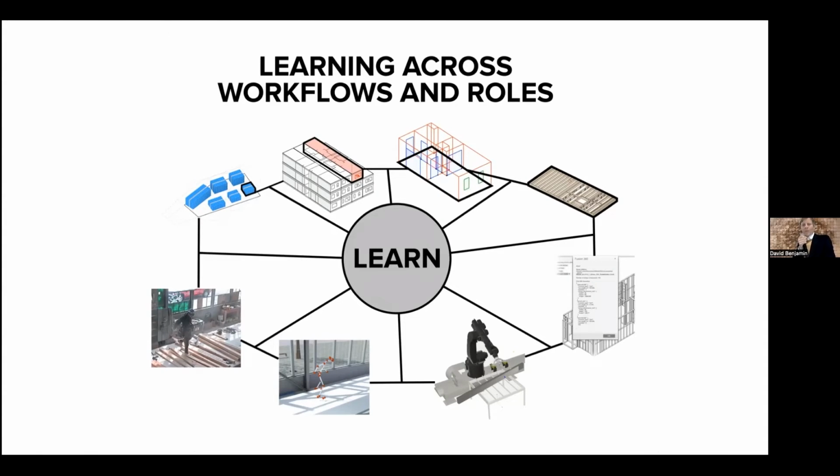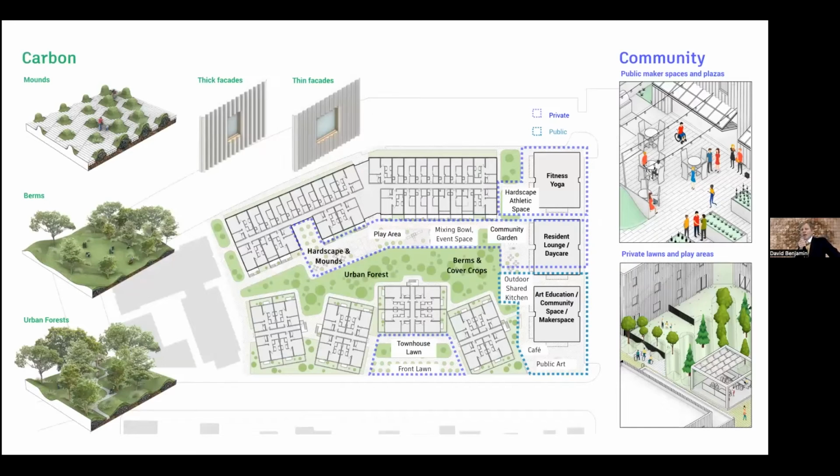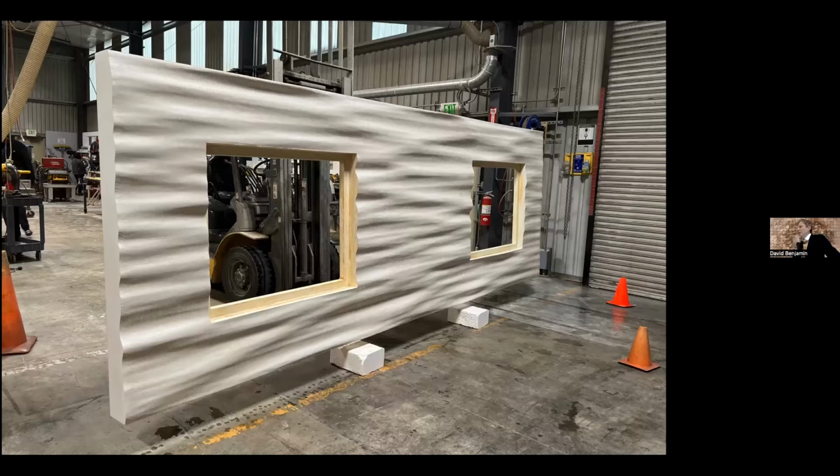Another way of thinking about it is that we're aiming to simultaneously promote cost, carbon, and community. So these are three categories that we think are critical for the project, and we're looking at all of them at the same time. So to do this, in part, we developed some building blocks, including some building blocks for sequestering carbon in both the building facade and in the landscape, and building blocks for promoting community in public spaces and private spaces. And now I'm going to zoom into the material stuff.